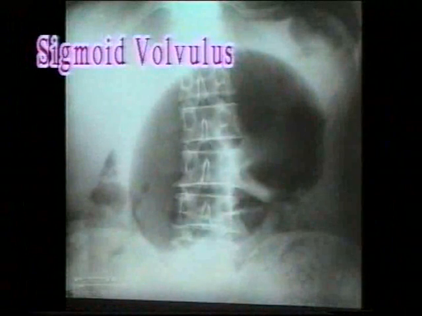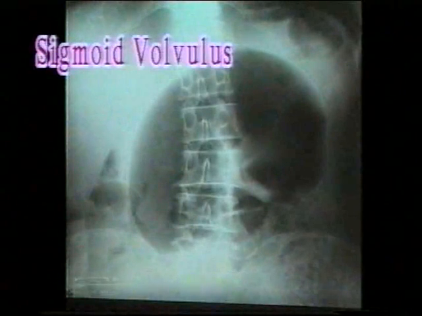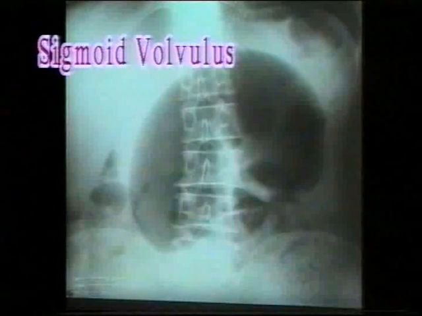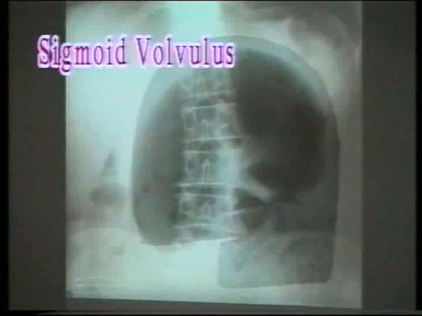The characteristic appearance seen in sigmoid volvulus is a huge single distended loop of large bowel on the left side of the abdomen, often reaching the left diaphragm above, and there are two broad fluid levels that mark the lower margins of the gas shadow. This was an early case that did not have fluid margins. But now we have a diagrammatic representation of what a typical sigmoid volvulus looks like: a large, broad, distended loop of sigmoid colon with two broad fluid levels.